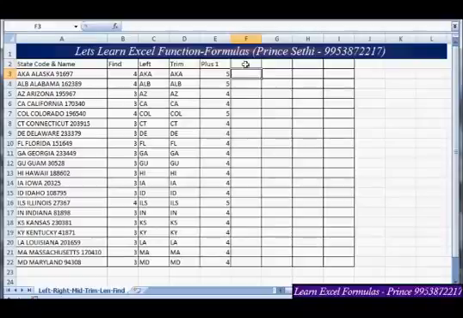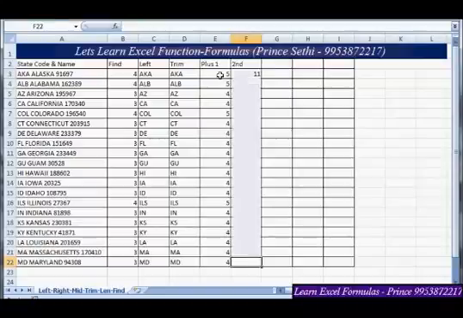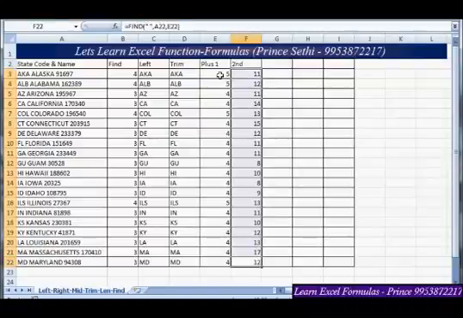Let's see how it works. It is equals to find, I have to find a space in this particular text, but the start should be from this number. So it will find your space starting from the 5th character, meaning your next space will be at the 11th position, 12th position, and so on.